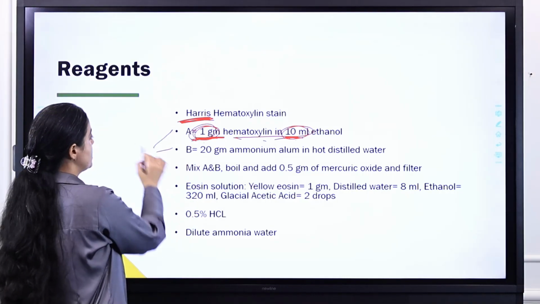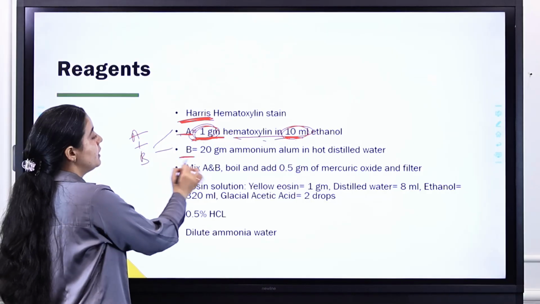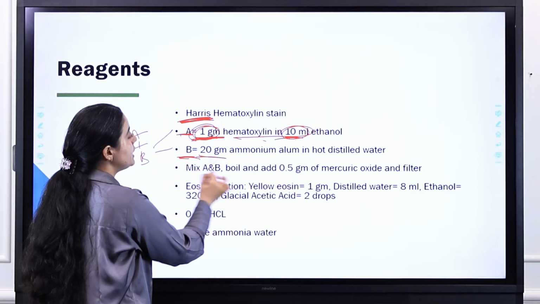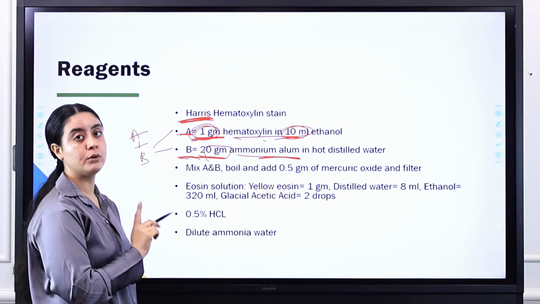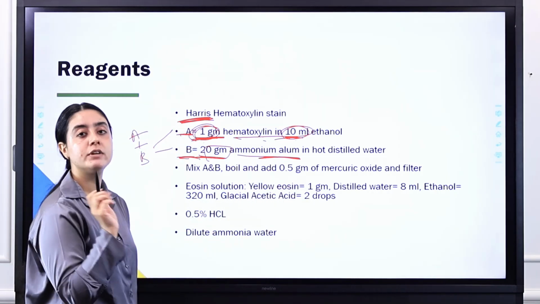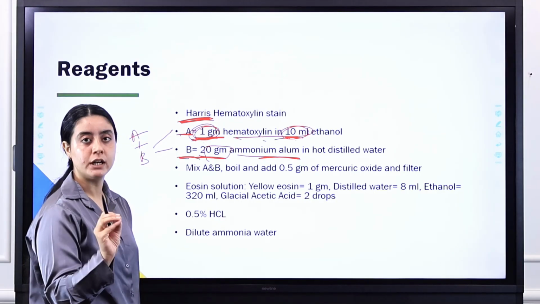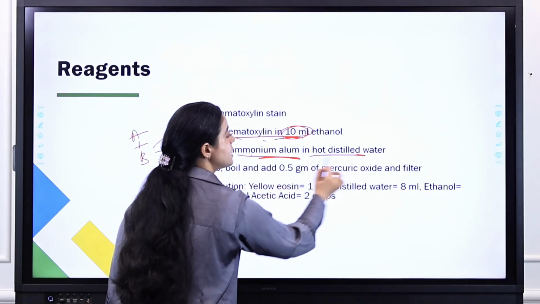We have two solutions, A and B. In A, we take hematoxylin. Then in B, we take 20 grams of ammonium alum, which acts as a mordant. As I told you in the principle section also, our hematoxylin stain already contains alum as the mordant. We mix the ammonium alum in hot distilled water.